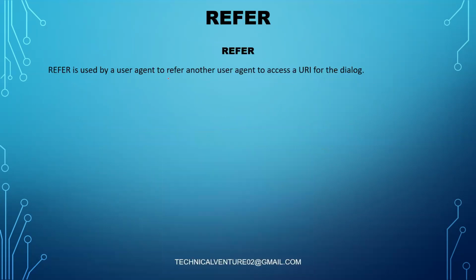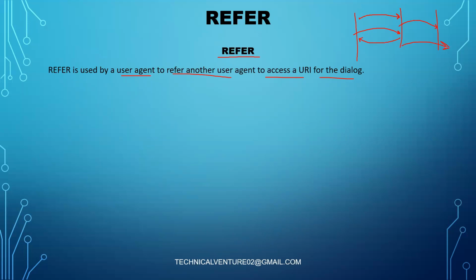Okay. And then we have a refer message. It is extremely important. It says refer is used by a user agent to refer another user agent to access a URI for the dialog, right? Like this one. Here, let's say 1, 2, and 3. So if you are making a call to this one and you are talking and then you want to transfer this person to this person, this person will send a refer message to this one, right? It will get a response of, I believe, 202 or something, like an accepted message, and then it will get transferred to the